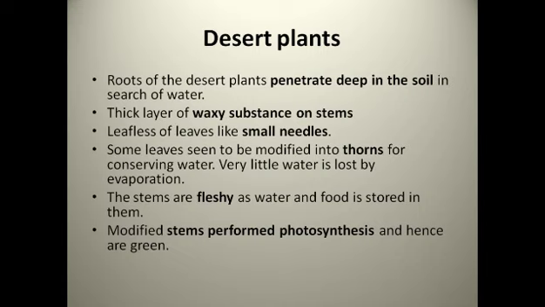The third point I have given you is leaflessness, or leaves like small needles. There are not broad leaves on the plant. You always see that desert plants have very few broad leaves, but they mostly have a small feature of a leaf that is called spines. It looks like spines only, but actually they are not spines, they are leaves of the plants. But they are very small in size, so that water vapor loss will be less, and they will prepare less food.